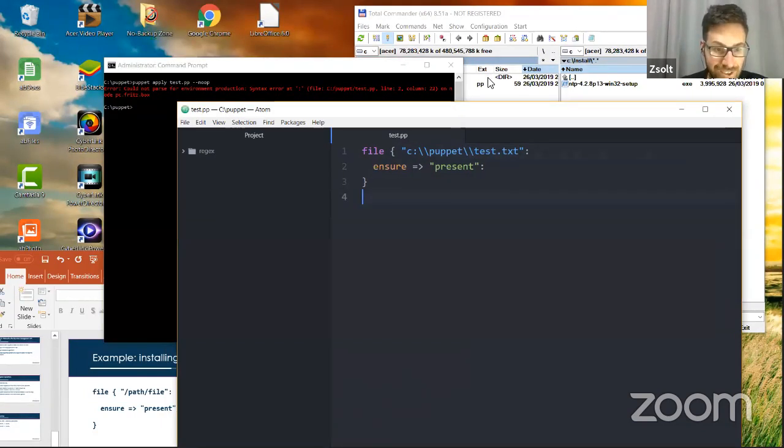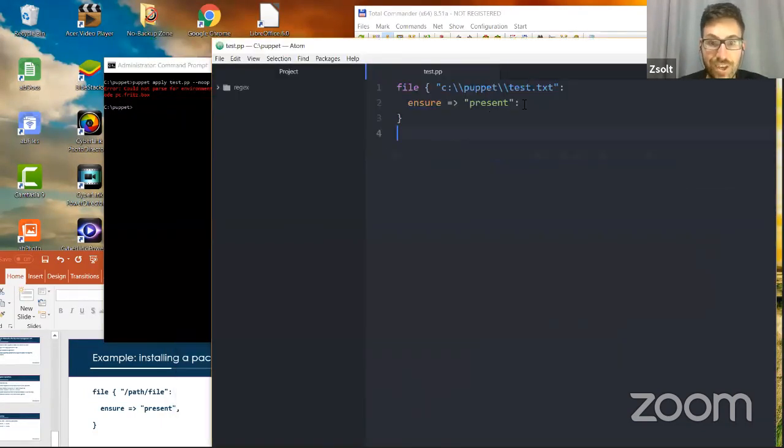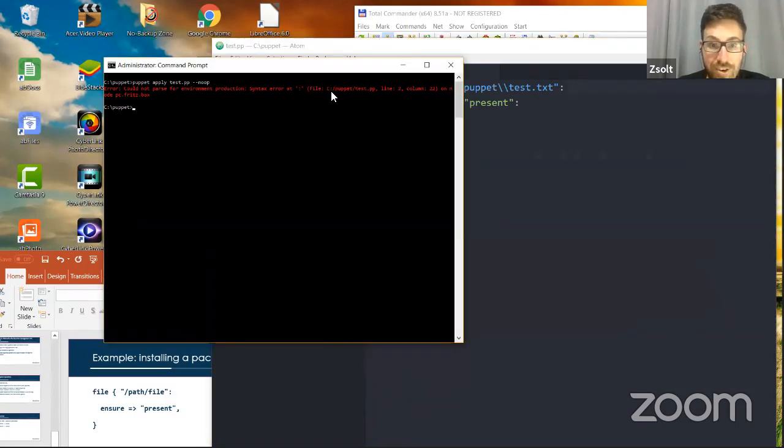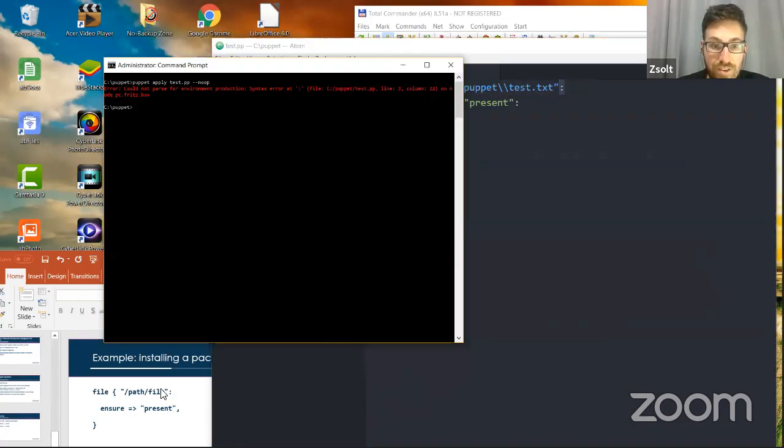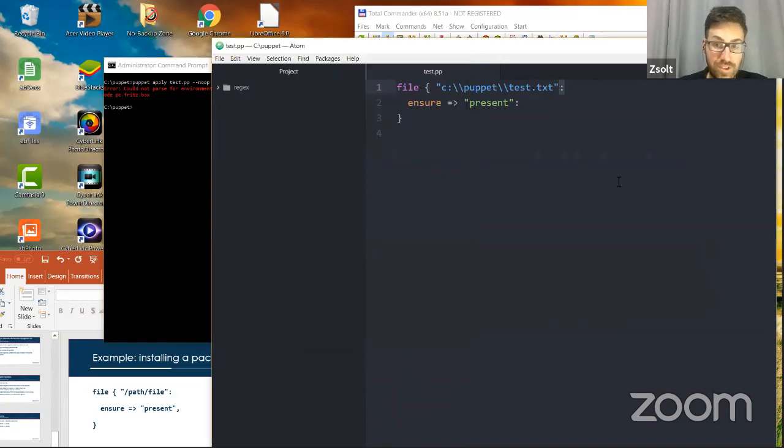This is always the issue with live demos, actually, that something can go wrong. Syntax error, colon, line and column 22. So it's basically this thing in here. Let me see the file source.